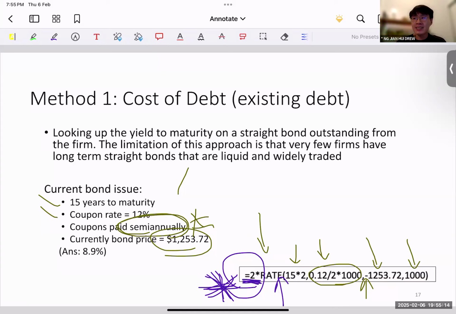That's why I keep on emphasizing the quantitative and qualitative must work together to come out with a very robust report. So maybe you say you want to choose a 10-year bond, and for whatever reason, you only want to choose one of those bonds. Maybe the company has 5 10-year bonds with different yield to maturity, but you only choose that one. Then, of course, the question is why do you choose that? You have to justify it.